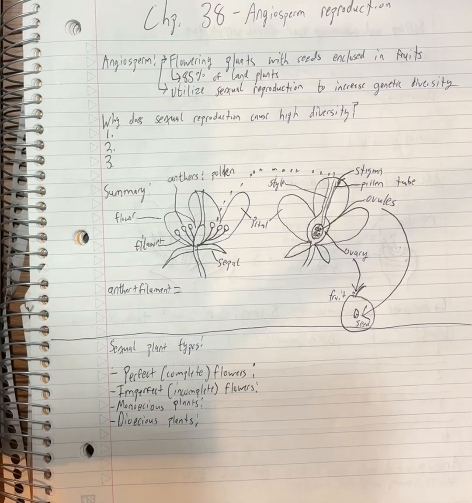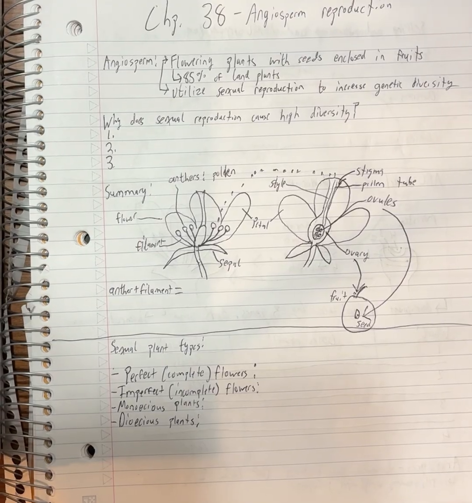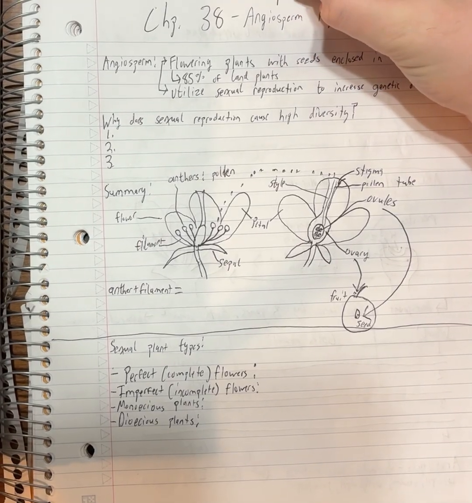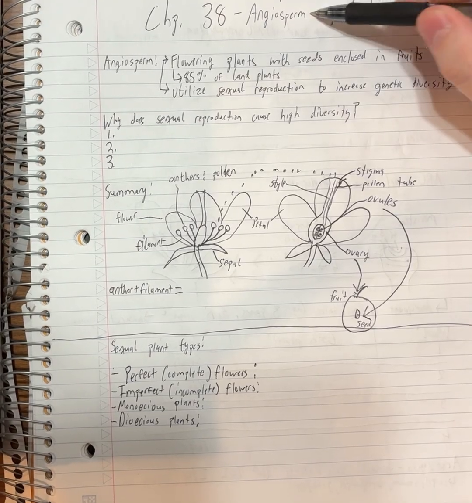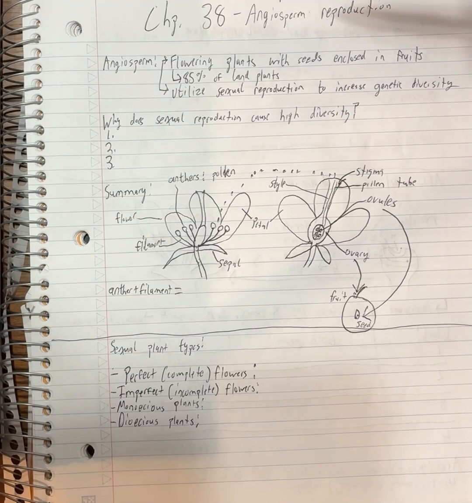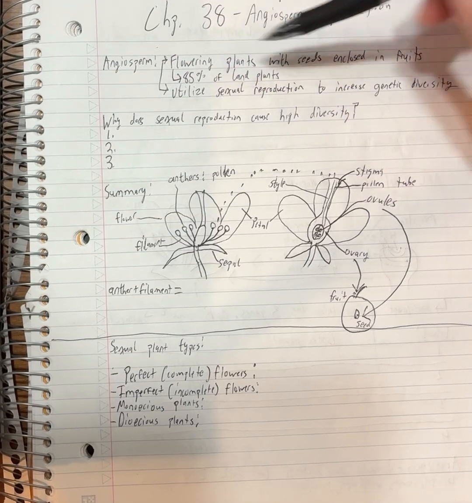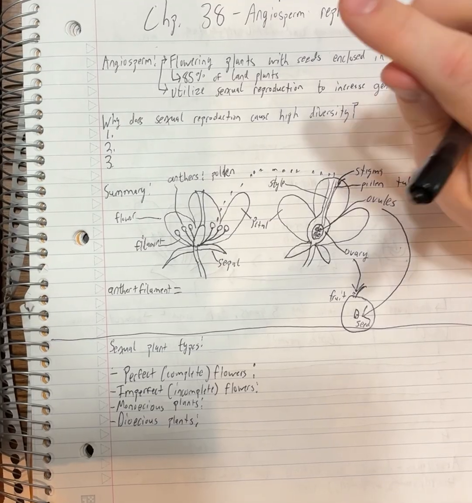Great. Howdy, everybody. This is going to be the video for chapter 38, which is all about angiosperm reproduction, or just our plant reproduction unit. So first off, we haven't been using the word angiosperm a ton, so I first want to just talk about what is an angiosperm. So angiosperms are the flowering plants that have seeds that sort of come packaged enclosed in